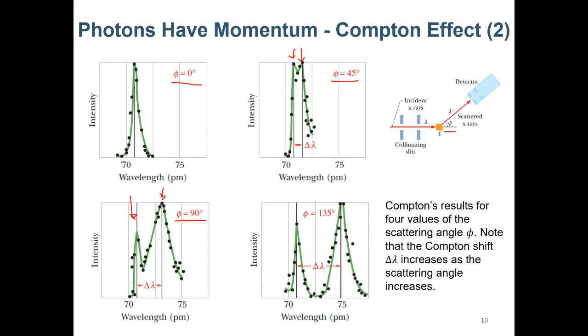And actually the original peak remains roughly the same here, and here. So the lower peak remains the same, but when the angle becomes larger and larger, 0, 45, 90, 135, the second peak will become higher and higher, which means that the energy is lower and lower. So we can really measure the delta lambda between the two peaks.